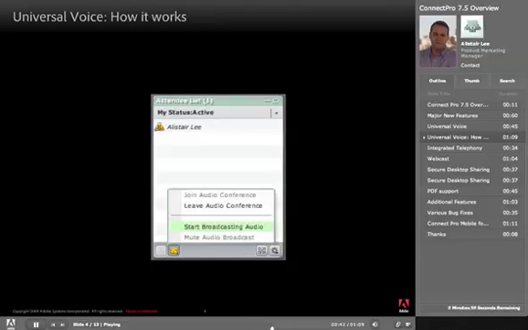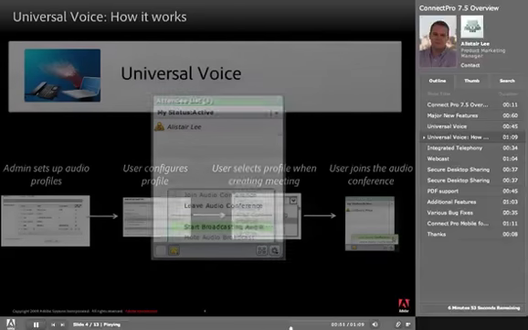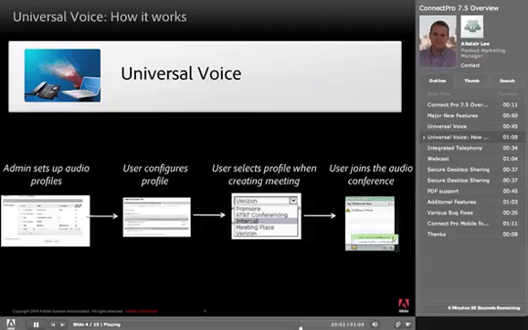As soon as they've dialed in, they can choose to start broadcasting that audio via Connect Pro so that attendees can hear the audio through their computer speakers. If the host decides to record the meeting, the audio will automatically be picked up and be part of the recording. As you can see, this means that you can stream audio from virtually any audio conferencing provider directly into